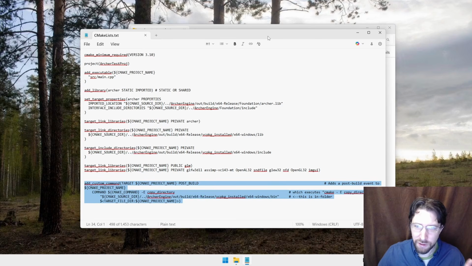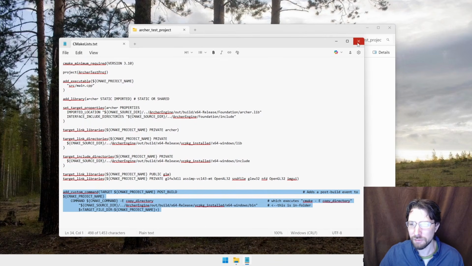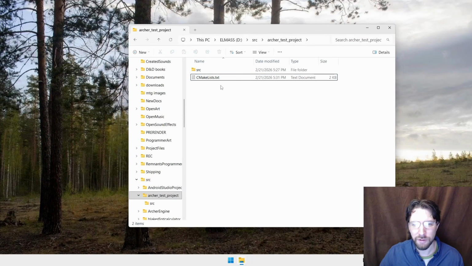Now in a real world scenario, I will just hint at this, I'm not going to give you a big tutorial. You don't need a custom command because you'll be using install, and then you'll have, I believe it's dependencies for your target, and it will automatically copy all the dependencies to the same folder. Or it's something along those lines. I might not be saying that 100% correct, but that should get you in the right direction if you're using install. And you might have to do a little hunting around to figure it out.